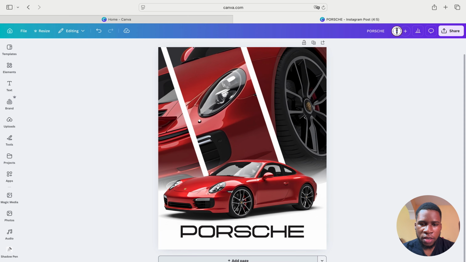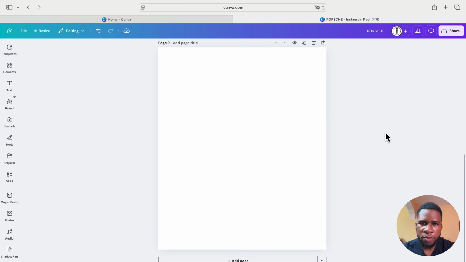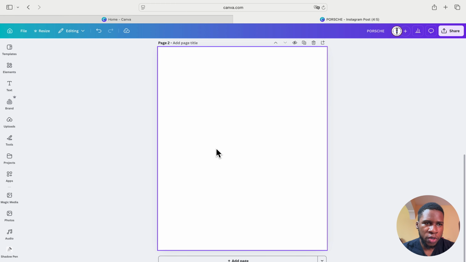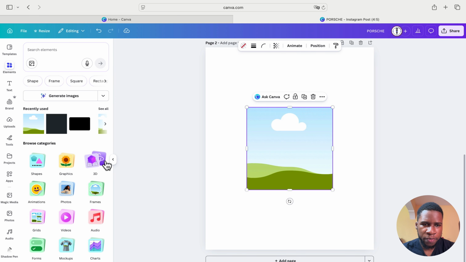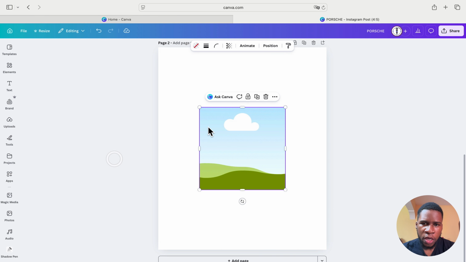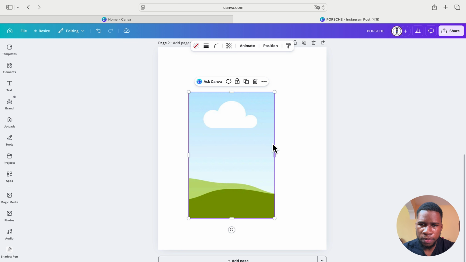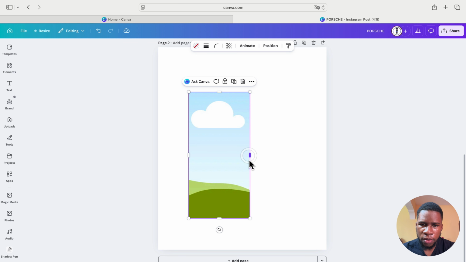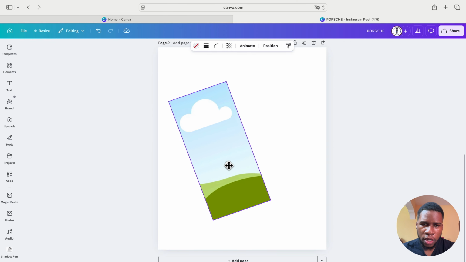Alright, so I'm just gonna add a blank page. So we're gonna start from scratch. So firstly, we're gonna add a frame. So let's go to elements and click on frame. We're gonna add a square frame for now, and we're gonna resize it to a rectangle shape. So just resize your frame to a rectangle, and we're gonna place it to the edge like this, but